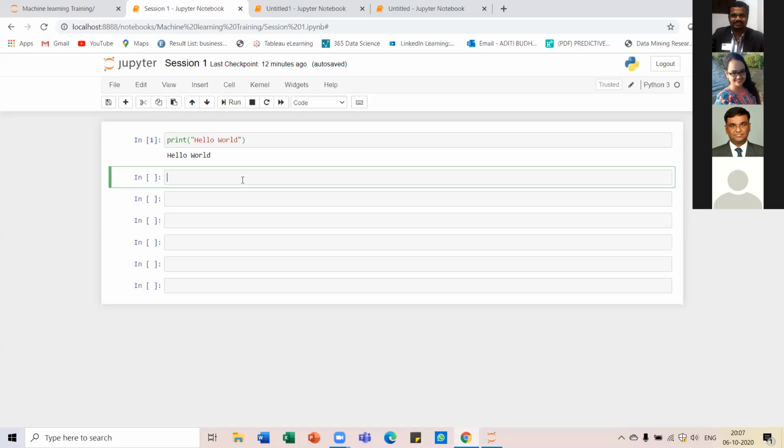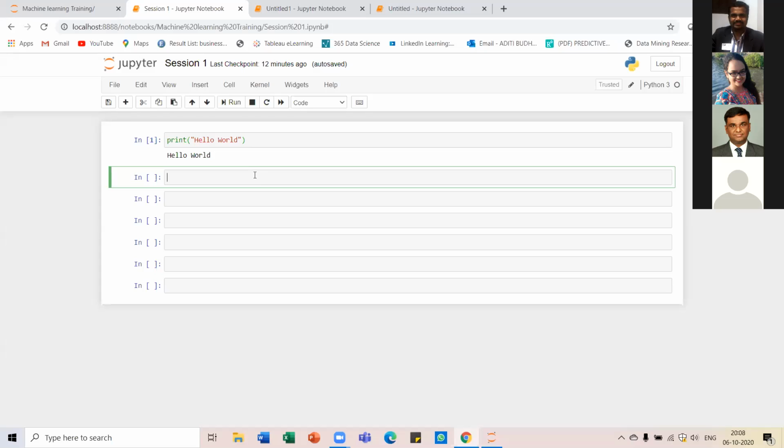So you can add descriptions in your code itself, so that anyone who looks at your code afterwards can also understand what you are trying to do.